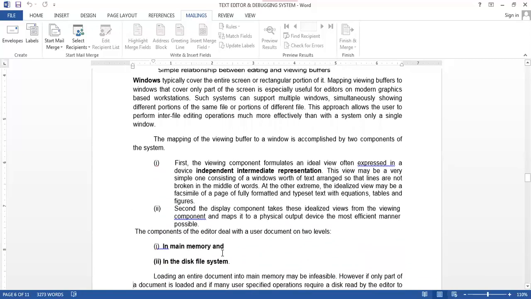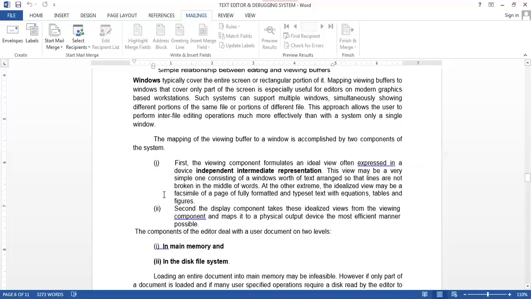The mapping of the viewing buffer to the window is accomplished by two components. First, the viewing component formulates the ideal view, often expressed in a device independent intermediate representation. It will be independent of the device, but an intermediate representation, not the final representation. So the viewing component generates one view, the intermediate view, expressed in an intermediate representation.